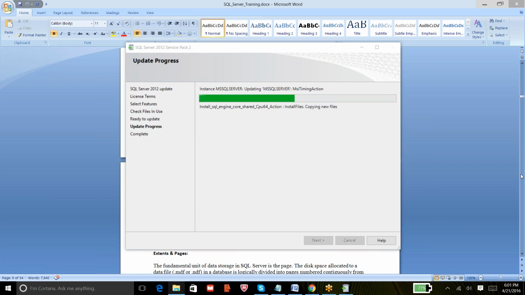I got a question from Venkat. Can we install two different versions in one machine? Yes, it is possible, but in real time, people usually don't go with that option. Maybe in our test servers or in our personal machines, yes, we can do. We can install SQL 2005, SQL 2008 R2, 2012, 2014. It is possible. But in real time, in production servers, we stick with one version in one server.